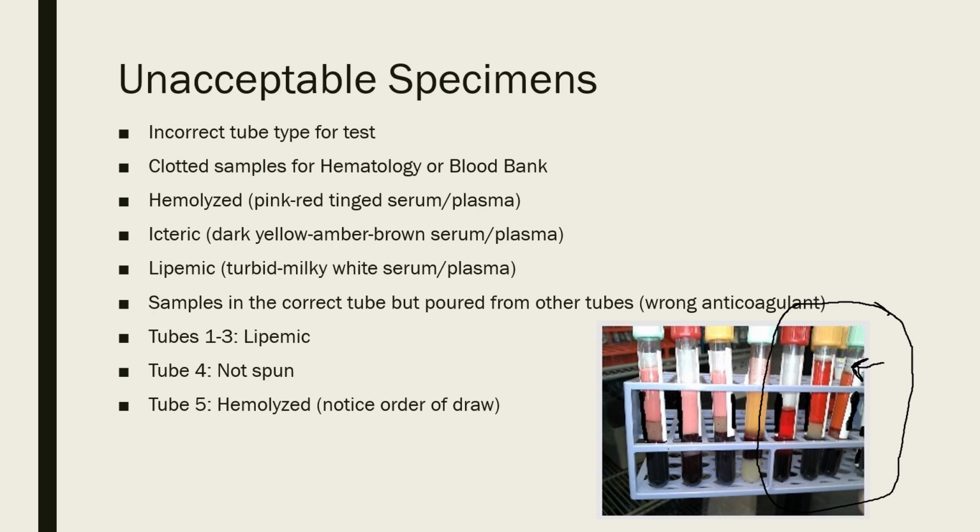But if something is icteric, then it's got more of a darker brown amber color to it. And this is because that patient has some kind of bilirubin that's spilling over into their circulation, and so it's going to cause that dark look to that specimen. So this is usually going to be somebody with liver problems,